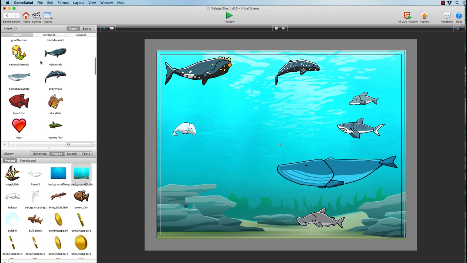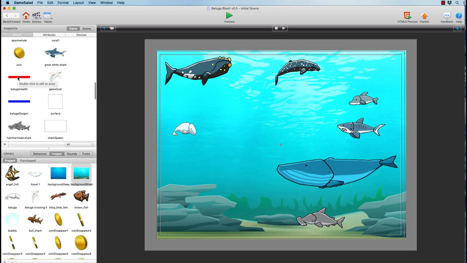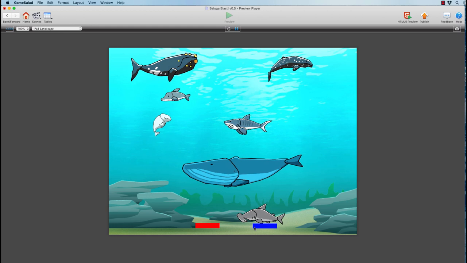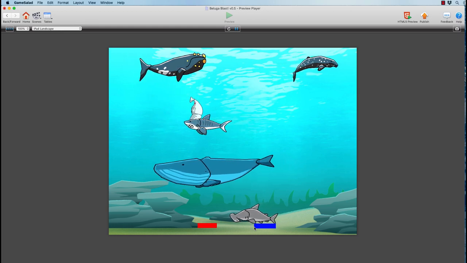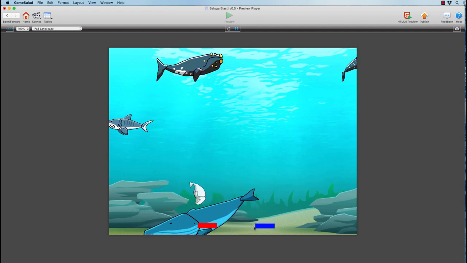So let's go ahead and take those status bars that I created and add those into our game. So this is our scene. So we're going to add a status bar down here for health and a status bar over here for oxygen consumption. And that's pretty close. Maybe not perfect, but probably good enough for now. And then let's preview the game and see how this is running. So now we have a health bar and an oxygen bar, and we'll run into that guy. Okay, now we just ran into the shark, and you can see that the health bar just changed its size.